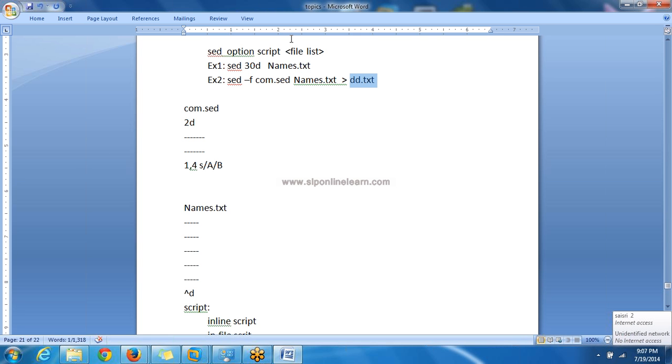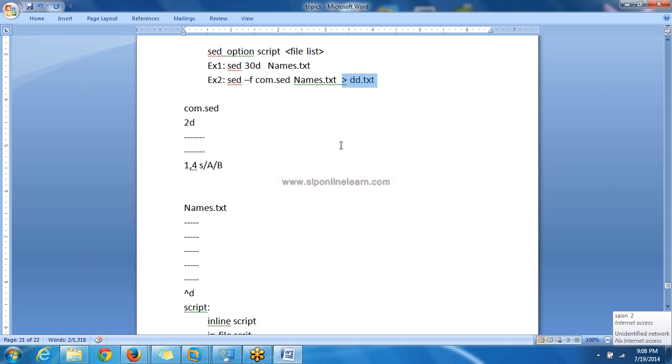Once again, sed does not change the input file. It will not change this file. Only the specified editings will be applied when a match is found, and the results will by default be displayed onto the screen. If you want to save it, use this and save the results. So all modified output is returned to the standard output device, that is the monitor.